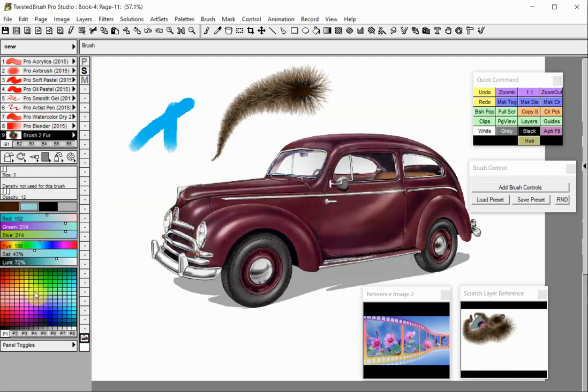Clicking on a color palette will select the color. No matter the selected tool, clicking on a reference image or a scratch layer reference will select the color. Another option is to use the quick command buttons. The Adjust Brush tool also allows HSL adjustments,